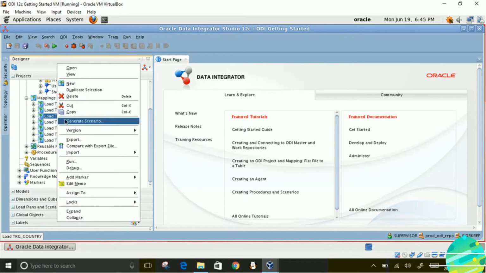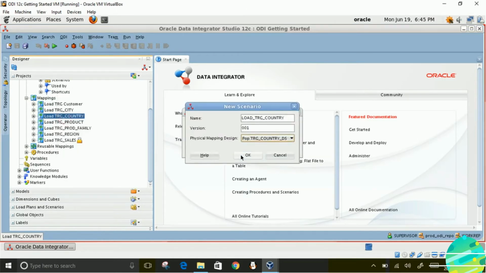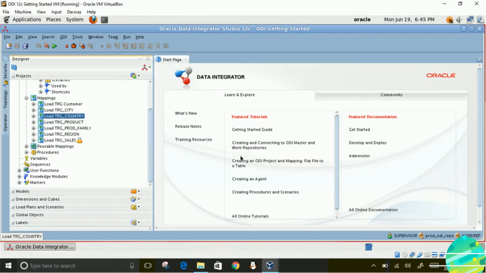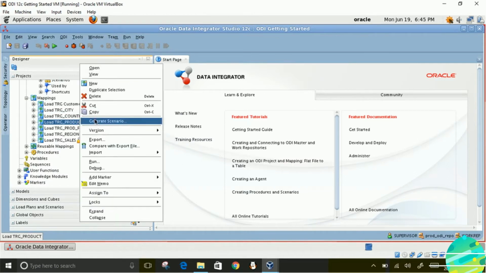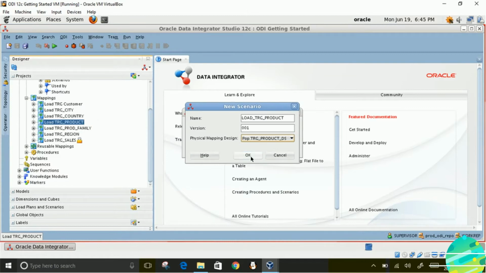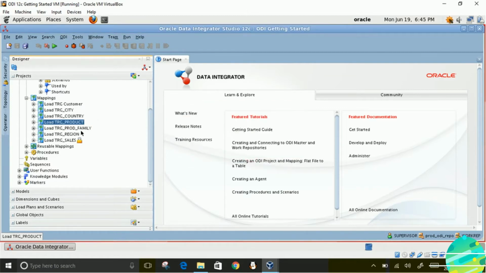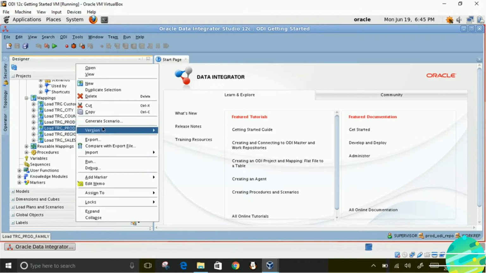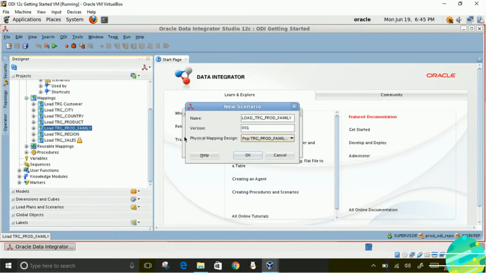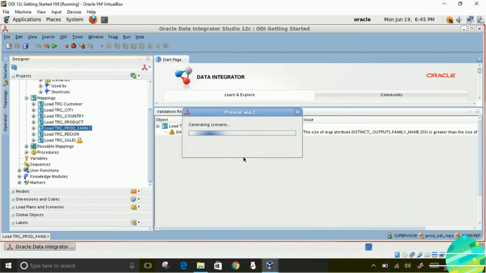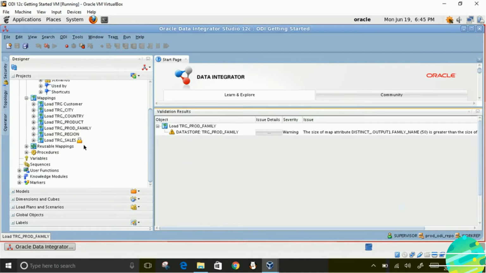Do the same thing for TRG country. And TRG product. Likewise, do the same thing for TRG product family. There is a warning about the size, but you can ignore it for now.